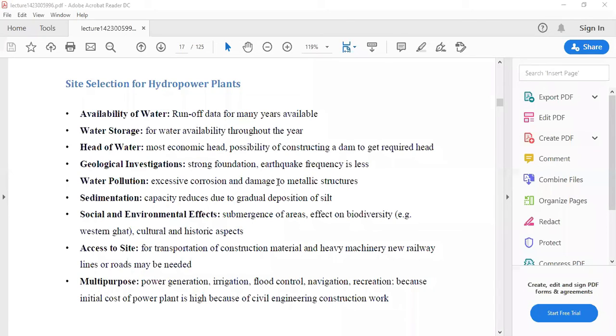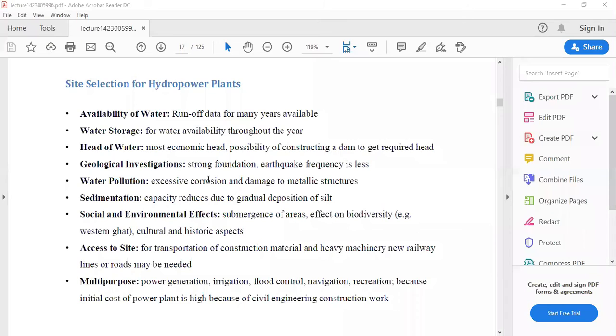to know the availability of the water, because for 1 or 2 years there may be changes in either the percentage of rain or the rainy season. Therefore, to know the availability of water on an average basis, we have to consider many years of data. In the availability of the water, we need to see what amount of rain there is either near the dam or throughout the catchment area of the hydroelectric power plant.